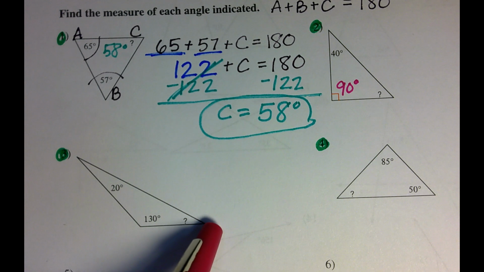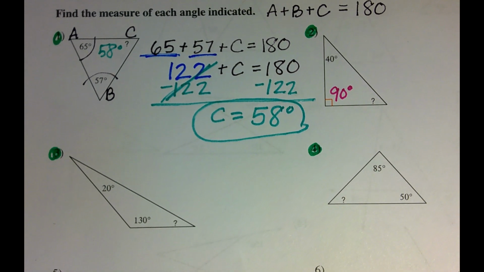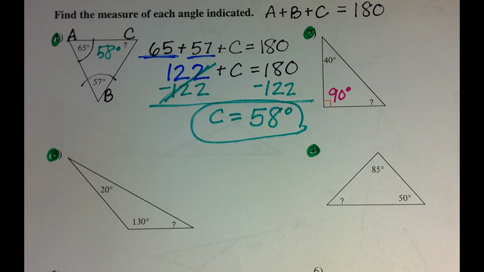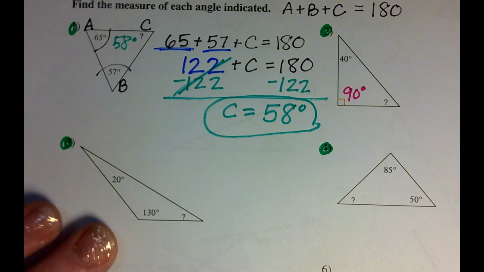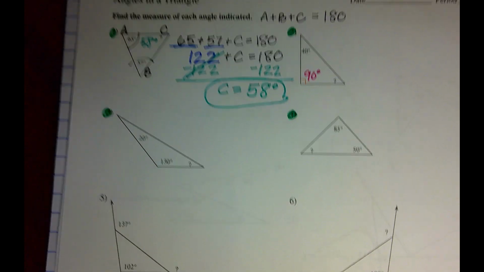I think these are very similar to last unit when we were solving for supplementary angles, angles that add up to 180. They're just arranged differently now. So we should feel pretty confident about this at this point. So let's go ahead and move on